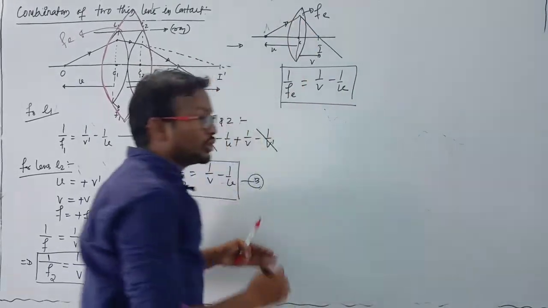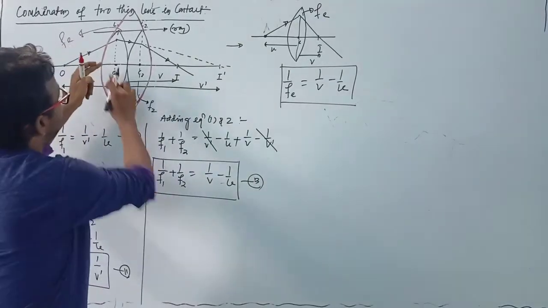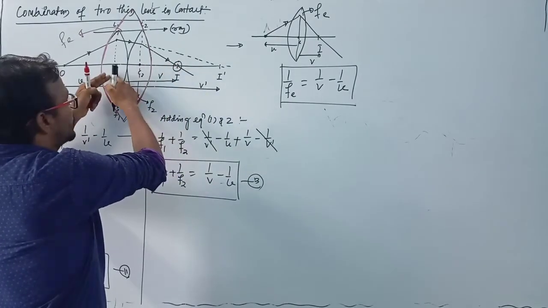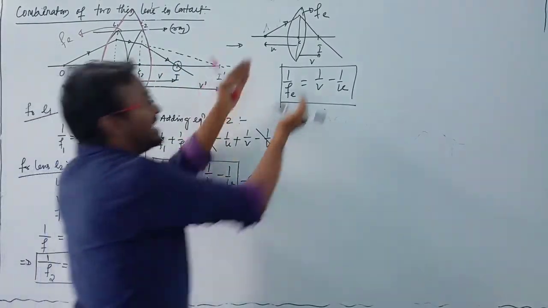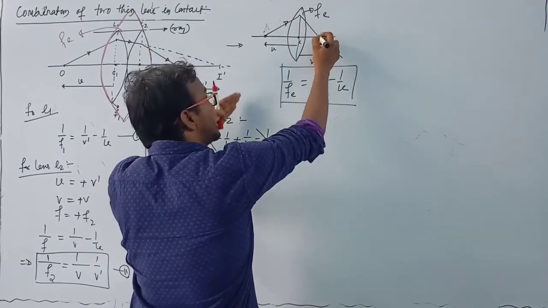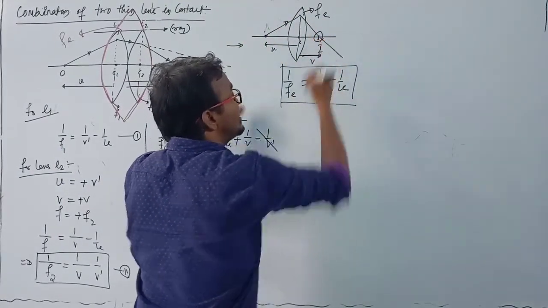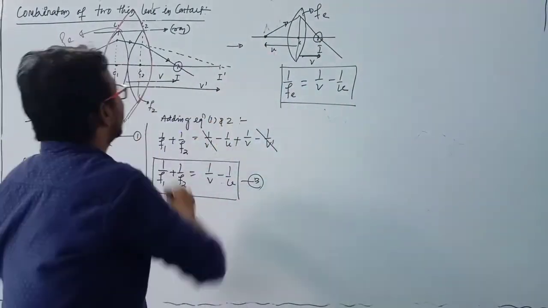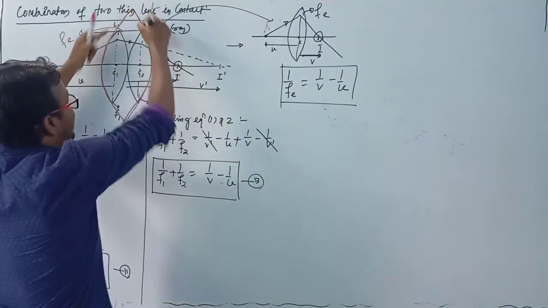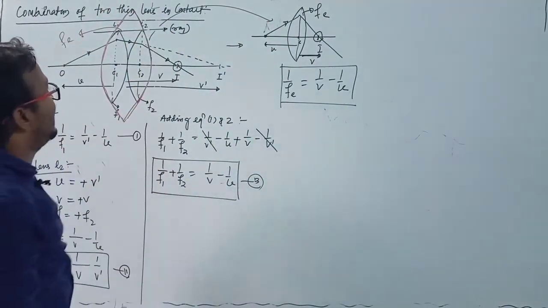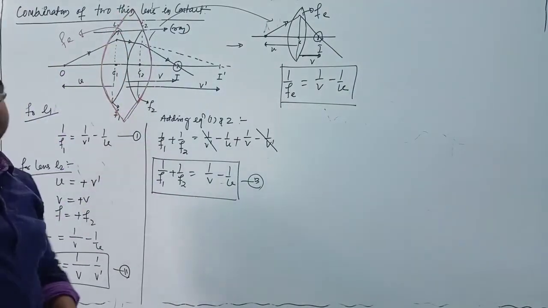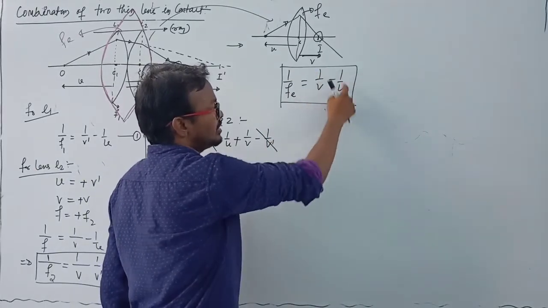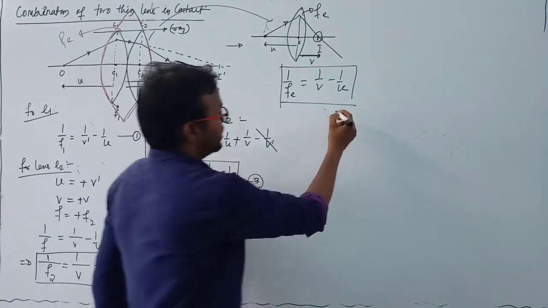This lens is known as the equivalent lens of these two thin lenses. Why? Because the final image is produced at I due to the two thin lenses, and similarly if we take another single lens which produces the same image at a distance V from the same object distance U, this is the equivalent lens. This symbol of lens L is the equivalent lens of the two-lens combination, and its 1 by f equal to 1 by V minus 1 by U. This is equation number 4.